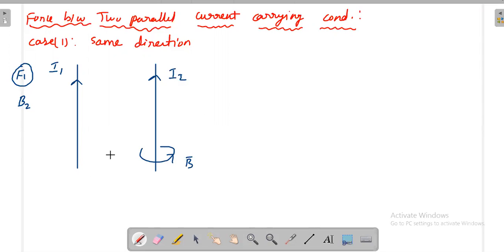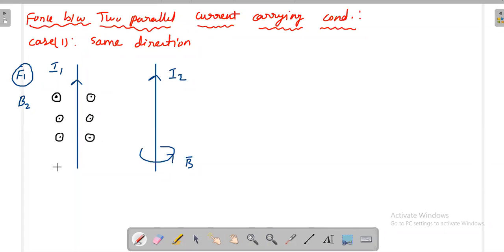So what happens is that the magnetic field is actually coming outside the screen. That means you will be seeing the head of the arrow. Once the magnetic field is coming outside, that will be denoted as a dot. This is the magnetic field that is created by the conductor carrying current I2. Please note down, it will be really coming outside the screen.